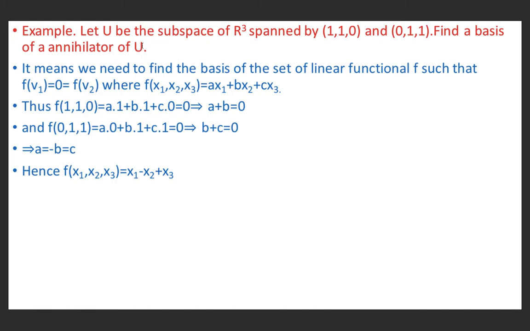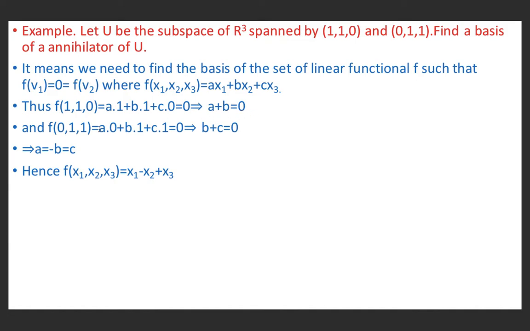Let U be a subspace of R cube spanned by (1, 1, 0) and (0, 1, 1). It means we need to find the basis of the set of linear functionals f such that f(v1) equal to 0, f(v2) equal to 0, by definition of the annihilator of a vector space, where f(x1, x2, x3) equal to a x1 plus b x2 plus c x3. Thus f(1, 1, 0) is equal to 0, because v1 is here (1, 1, 0). So f(1, 1, 0) means a into 1, b into 1, c into 0 equal to 0,